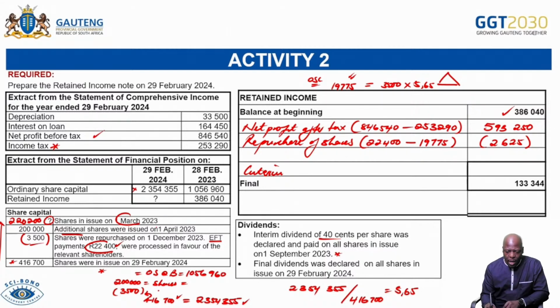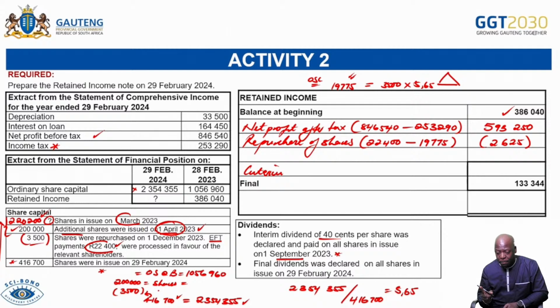These were the shares. And additional shares were issued on 1 April. This is before the interim dividend, because the interim dividend is on 1 September. But the new shares are being issued on 1 April. So by the time we get to September, we did not have the 220,200 only. We had the 220,200 and we had added 200,000 more. So that simply means we had 420,200. How do you get that? You simply add your shares at the beginning plus those that were issued in April, because the interim dividend is